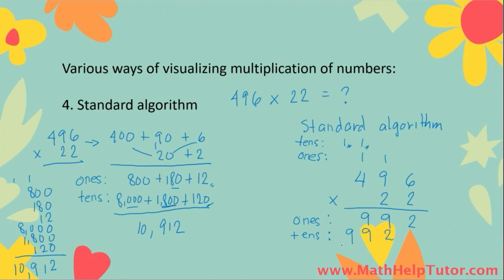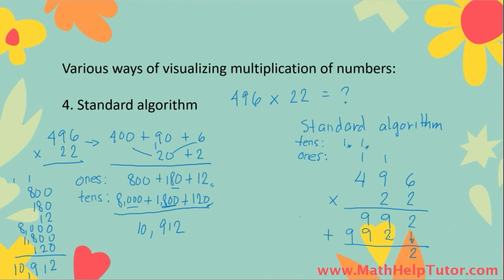Next, what we're going to do is we're going to add both of these answers. Let's just put a line to separate our answer from these numbers. Let's put a plus sign here. So remember, this was supposed to be a 0, right? But we just disregard it. So when we add, it's actually 2 plus 0, but we disregard 0, so we're just dropping the number 2